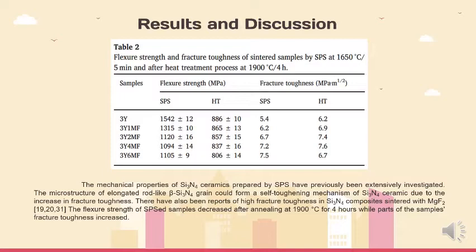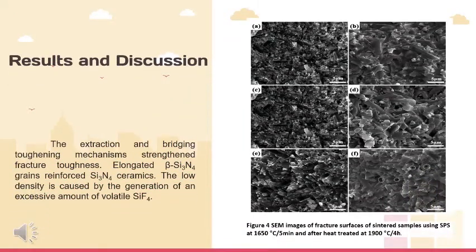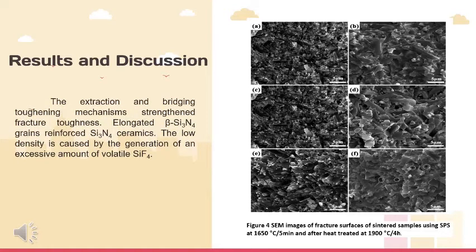However, the flexural strength of the samples decreased, while the fracture toughness of the samples increased after the annealing process at 1900 degrees Celsius for 4 hours. An elongated rod-like beta silicon nitride grain grew farther, and both the phase transformation and Ostwald ripening occurred during the heat treatment process. Due to the pull-out and bridging toughening mechanism, the fracture toughness of the samples had improved, as shown